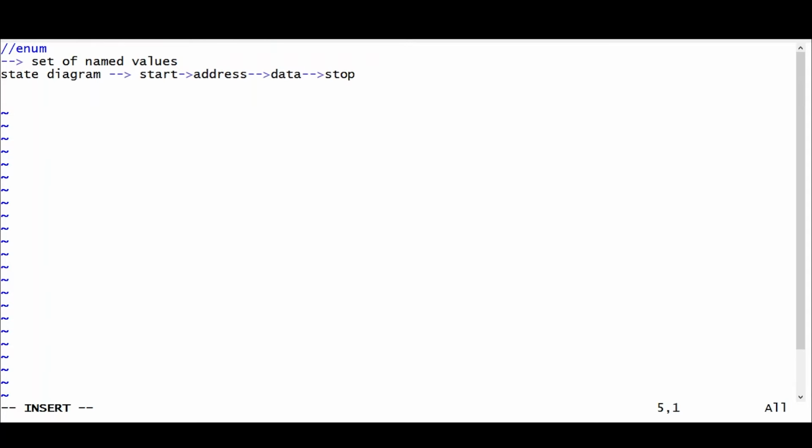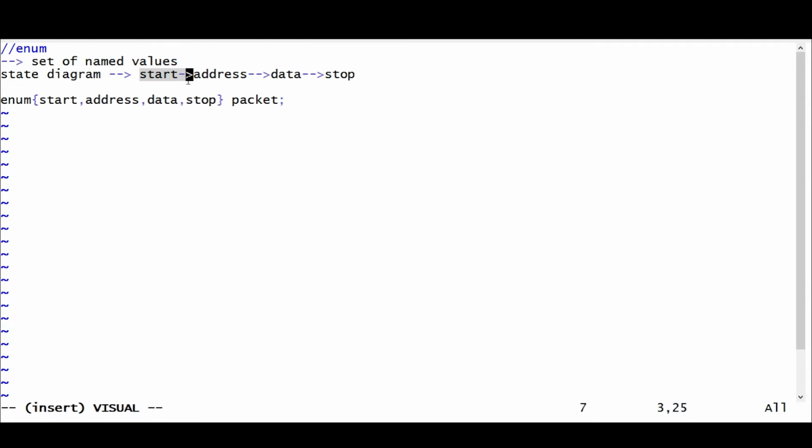So with the help of the enum data type, you can write all this in one go, that is start, address, data, stop, and you just name it as a packet. By default, start will be assigned the value 0, the next will be assigned 1, then 2, then 3.